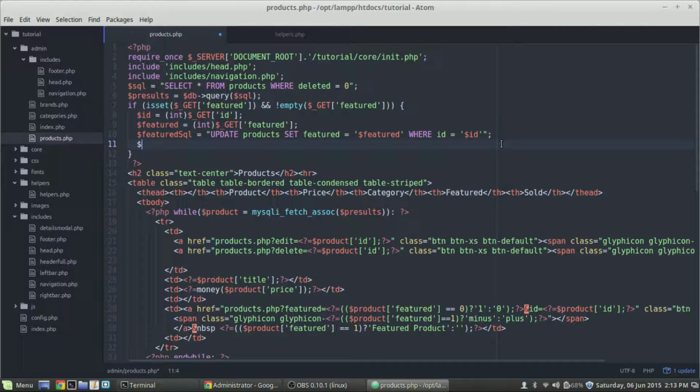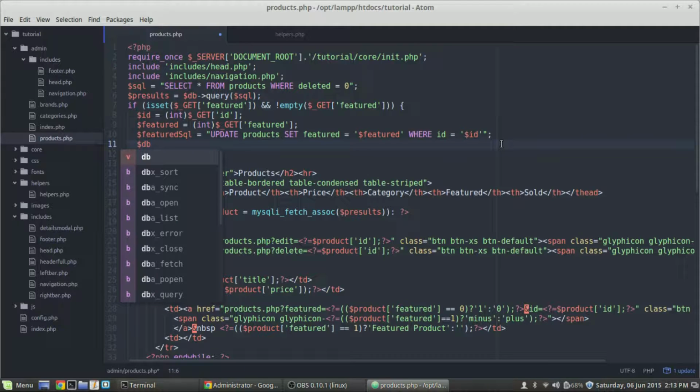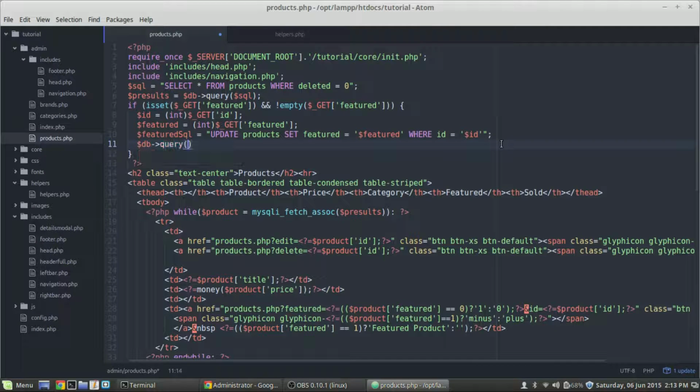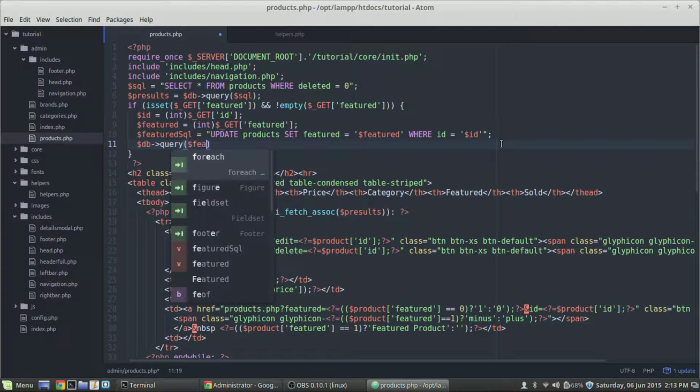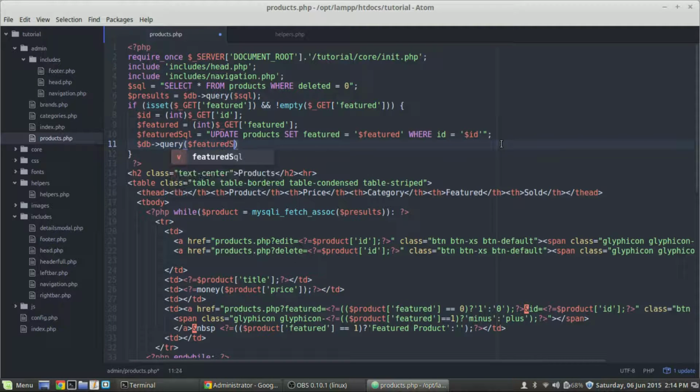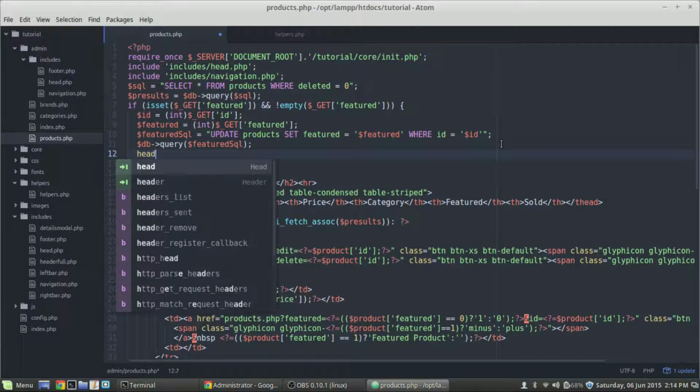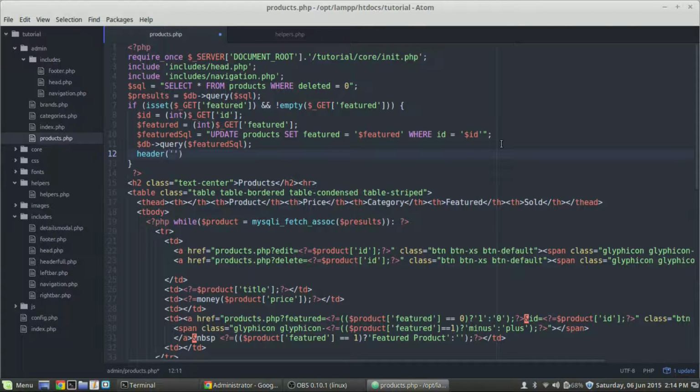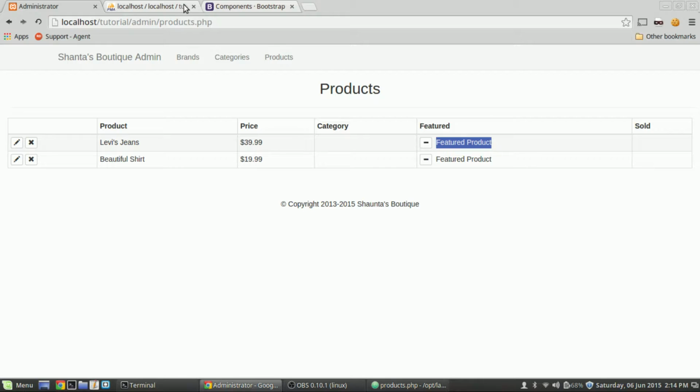So then what we're going to do is we're going to run that, so db query, and then we're going to pass it in featured SQL. Okay, and then we'll do a header redirect here, so location products.php. Alright, let's test that out. So if I refresh the page now, if I hit minus there,